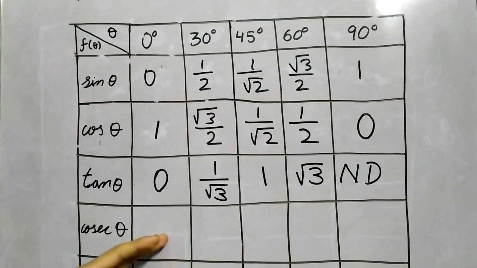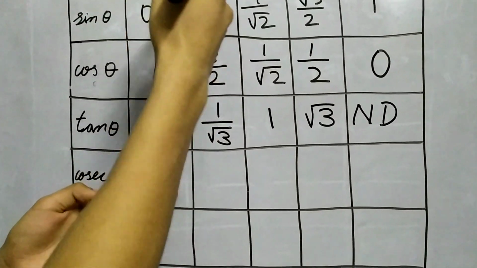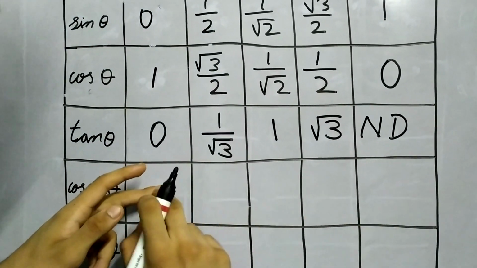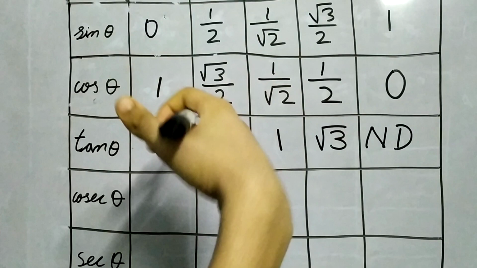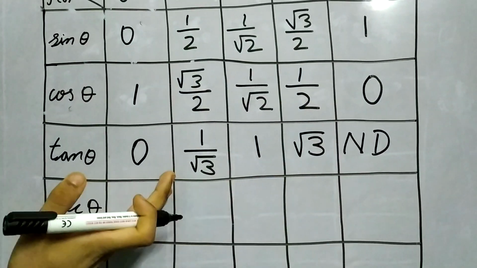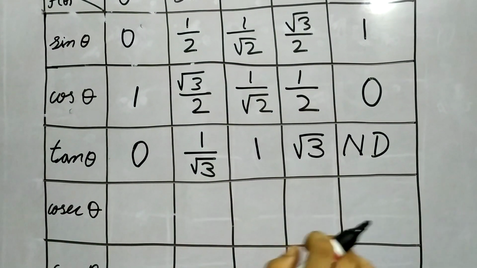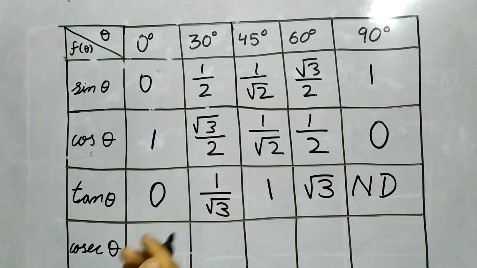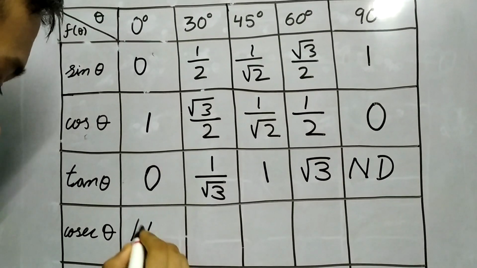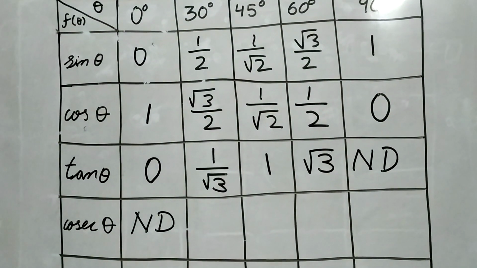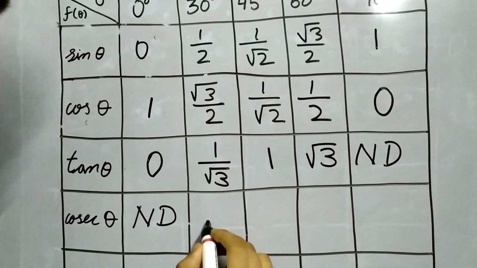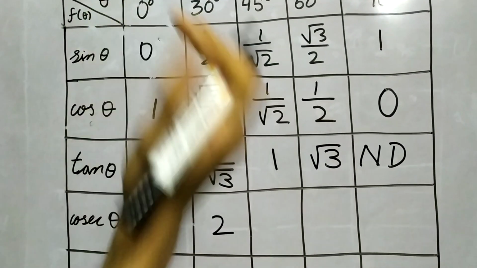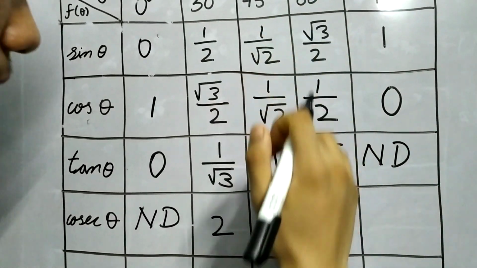Now what is cosec? Well, cosec is really nothing but 1 by sine theta, right? The reciprocal of sine theta. So to fill these cells, I can just simply take the reciprocals of all these and we will get this row, right? So again, what is the reciprocal of 0? It's 1 by 0, and 1 by 0 is again not defined. Reciprocal of 1 by 2, okay, 2. You know why this is happening, right? Because cosec theta is 1 by sine theta, so reciprocals.